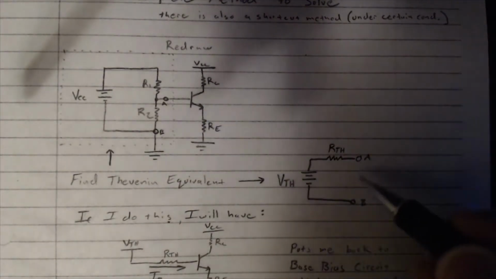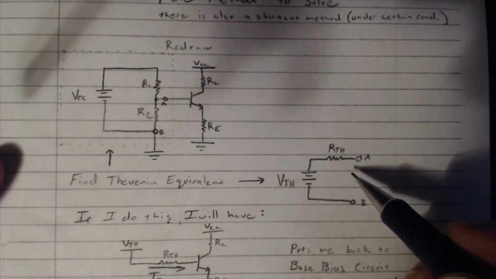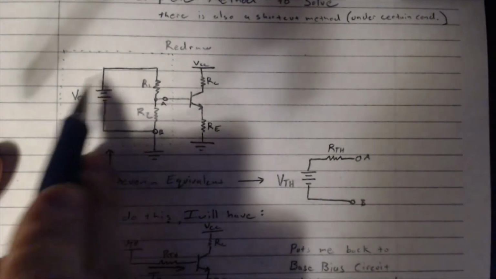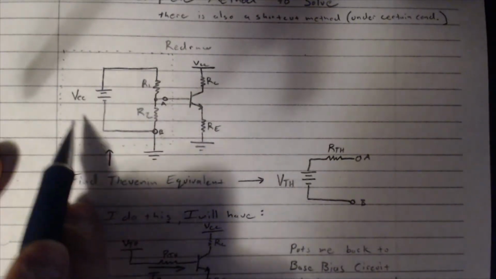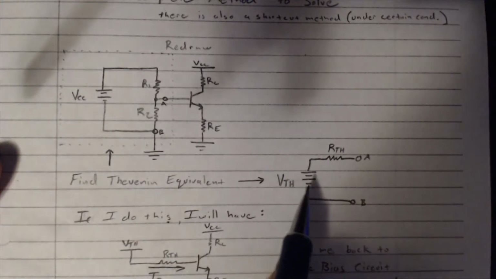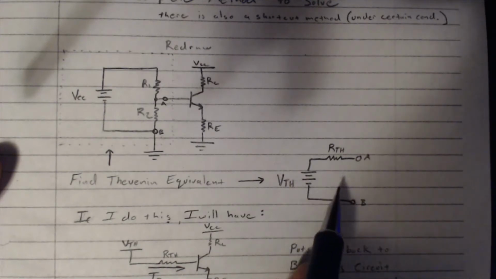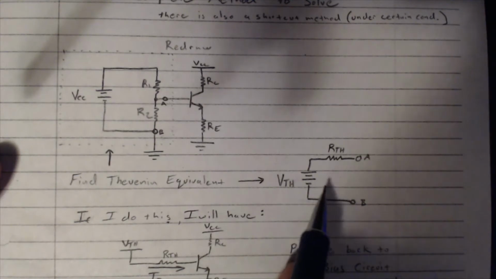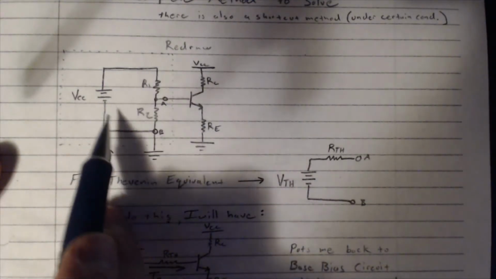What that allows us to do is, if we find a Thevenin equivalent circuit for this voltage divider portion over here, then when we derive the Thevenin equivalent and substitute it in place of our voltage divider bias over here,